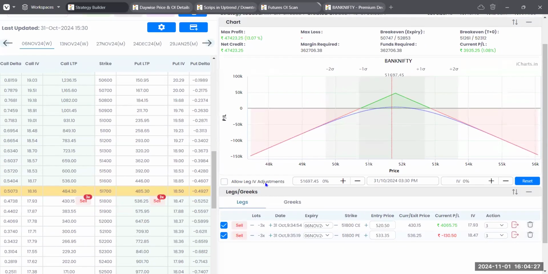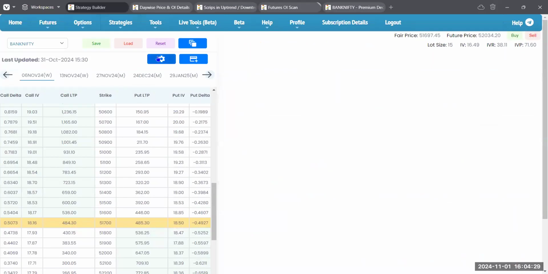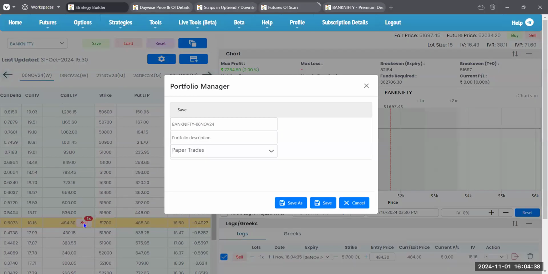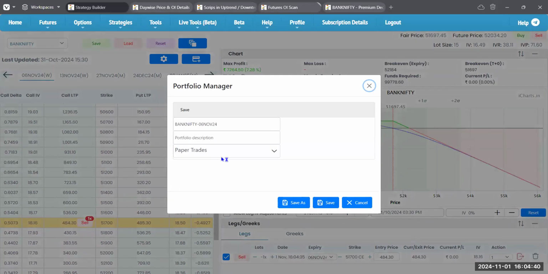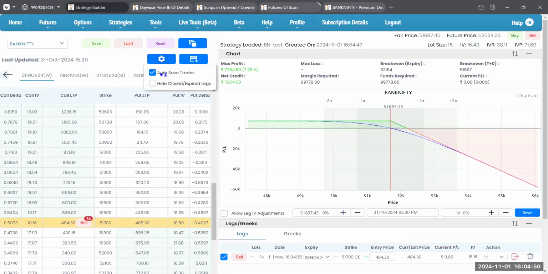ये तो ऑटोमेटिकली, इसमें एक ऑप्शन ऑटो सेव होता है। अगर ये ऑटो सेव आपने एनेबल किया है तो जब आप रिसेट करके नई स्ट्रैटेजी बनाते हैं, पहली बार जब आप ट्रेड लेंगे, पहला लेग एंटर करेंगे, तो ये नाम पूछेगा। आप कुछ नाम एंटर कर दीजिए और सेव कर दीजिए। फिर ये ऑटोमेटिक सेव होता रहेगा। सिर्फ फर्स्ट लेग जब ऐड करेंगे तब वो ट्रेड का नेम वगैरह पूछेगा और उसमें सेव कर देगा।